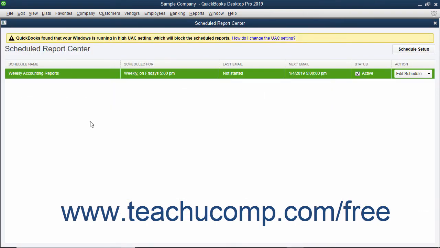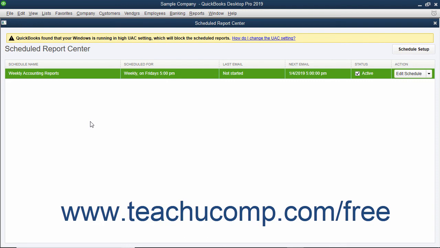It is possible you could have conflicting preferences in your company file that would prevent QuickBooks from sending scheduled reports. If this is the case, QuickBooks will inform you of that fact in a Preferences Conflict message box with instructions on how to resolve the conflict or conflicts. Make sure you perform the changes to ensure the future delivery of the scheduled reports. You can click the OK button in this message box to close it after reading the steps you must take